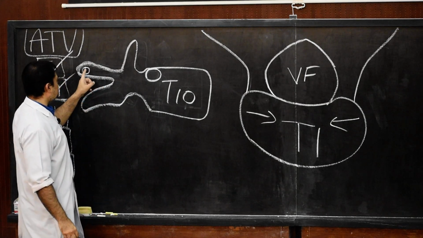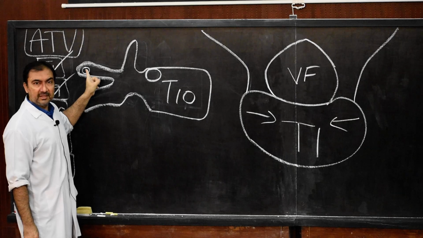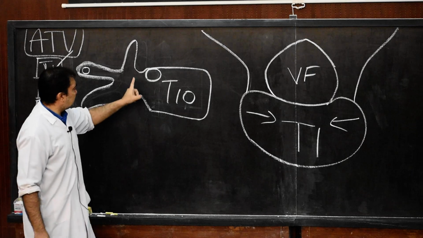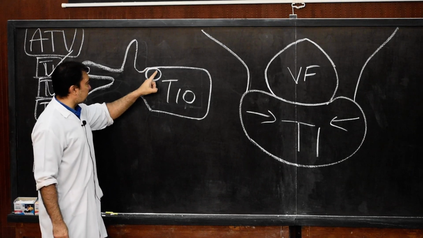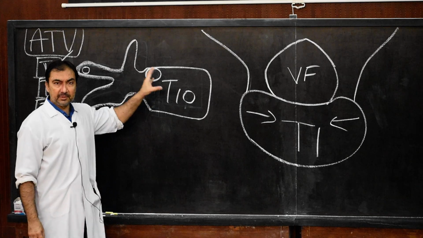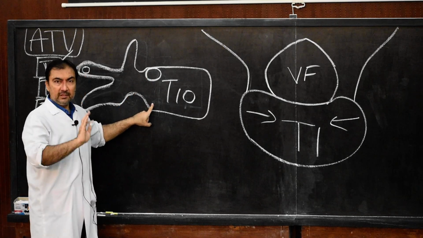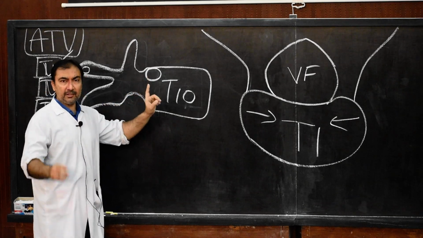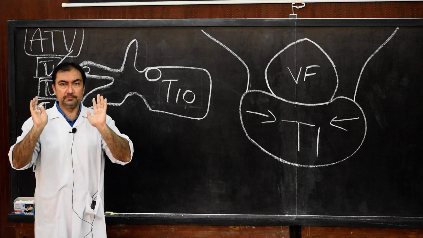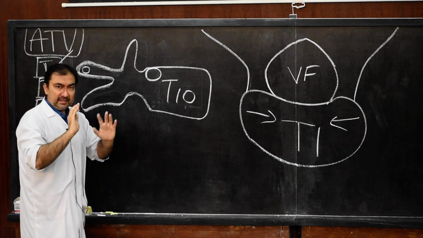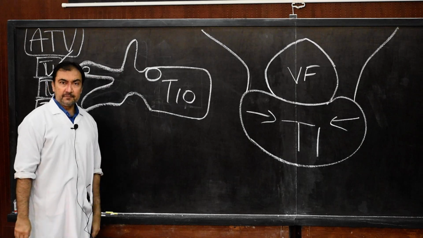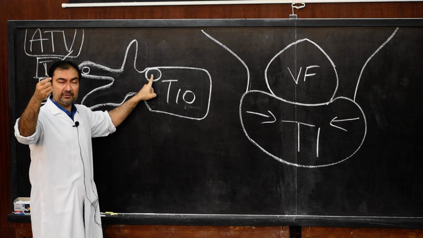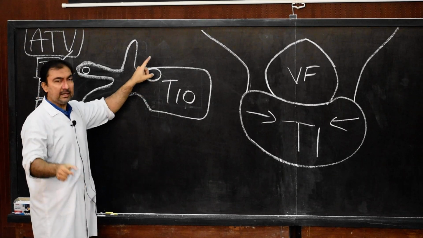What about the transverse process? Yes, there will be presence of the costal facet on the transverse process. So this is the feature of T10, only one point. That is, it has the presence of one complete costal facet at its upper border. And inferiorly, no inferior demi-costal facet. And this facet will give articulation to the head of the 10th rib. So remember, the difference between T10 and T9 is with respect to this superior costal facet. In T9 it was a superior costal demi-facet, in T10 it is one complete costal facet.